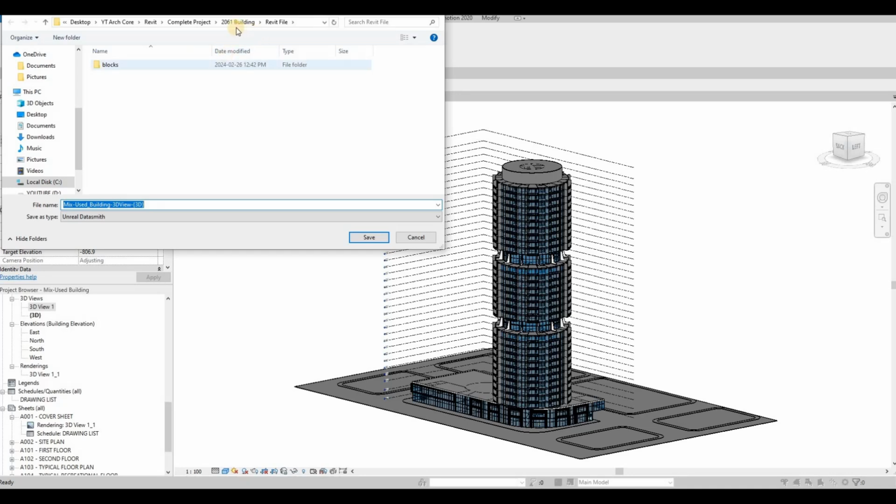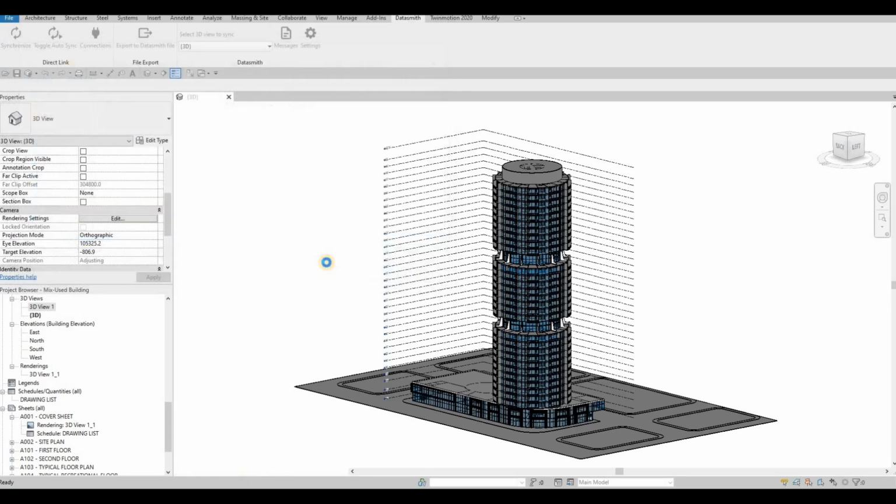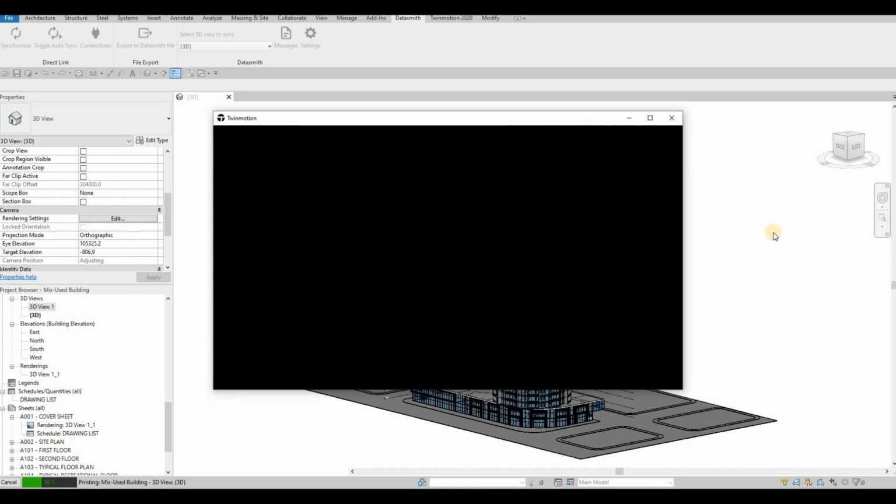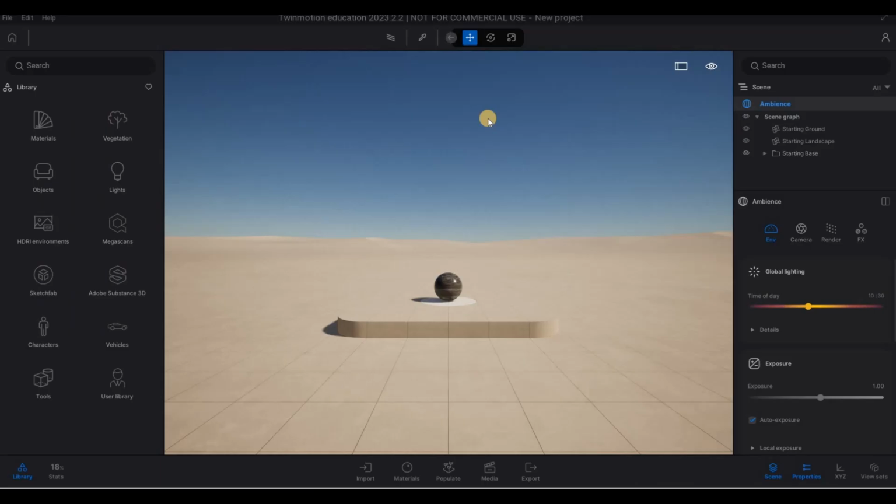export, and then here we could place our DataSmith on this folder. So once we're waiting for that to be exported, we can then click on our Twinmotion. I'm gonna open the latest Twinmotion that I have, which is 2023.2. I know there is a newer one right now, but I'll probably download that for the next video. So now we have this one